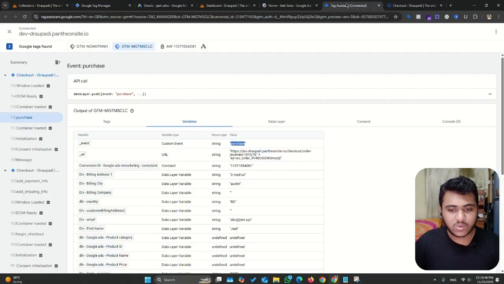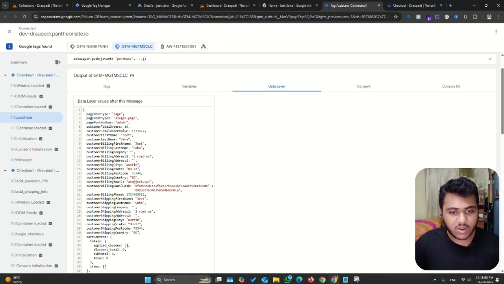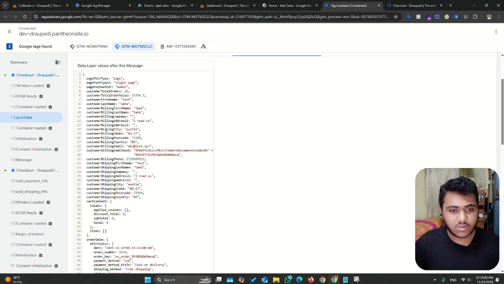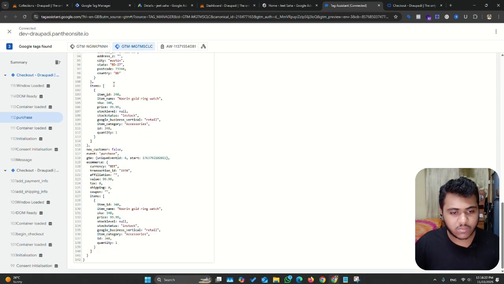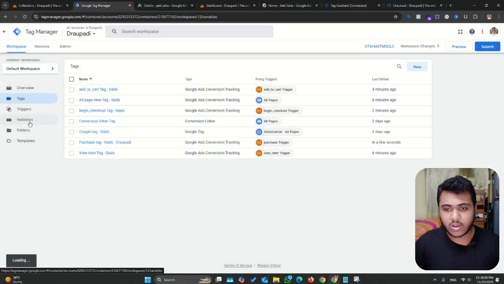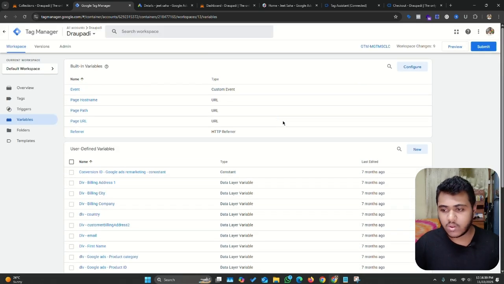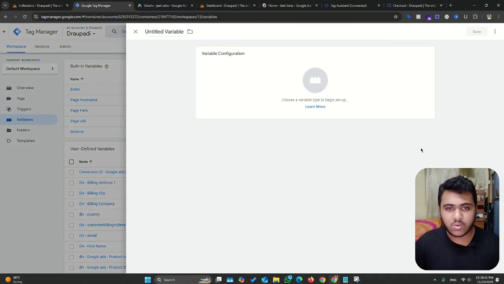We also need to integrate this conversion value, transaction ID and country code. So we can find it on data layer, and there we can find it there. So we need to create variables for this. We need to create new variable,